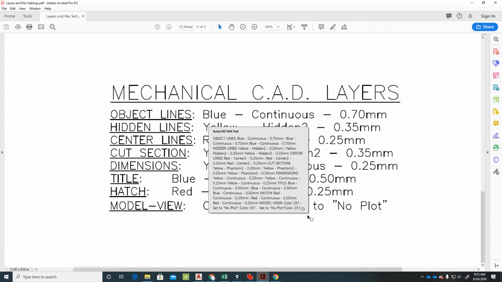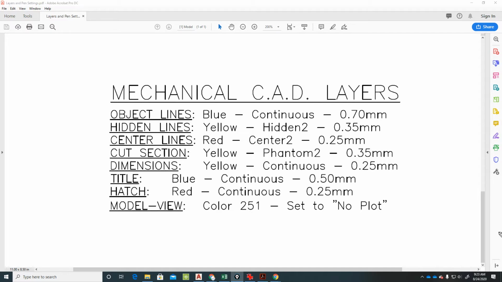So notice that we have object lines, we have hidden lines and center lines. And as far as the color schemes and everything, they do represent different things. The object lines that I mentioned in the last video represent objects. So the object has a proper color, a line type, and because the object lines, according to the alphabet of lines, are thicker, they have different line weights. So notice this one is thicker, and the other lines that we're going to be working with in our drawings for now are the center lines. So the center line has a different color, okay? A different line type. This is going to be center 2, and a different line weight. All right. So these are the two layers we're going to be using for our